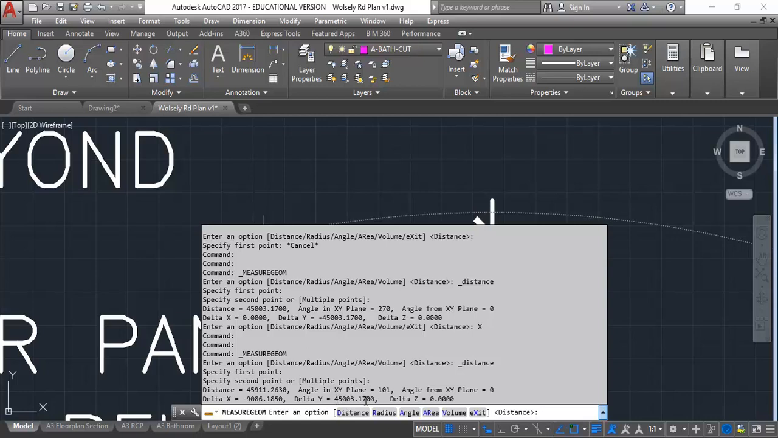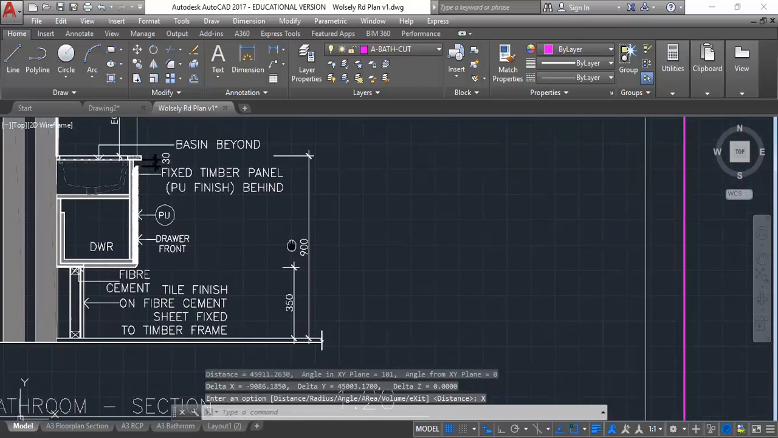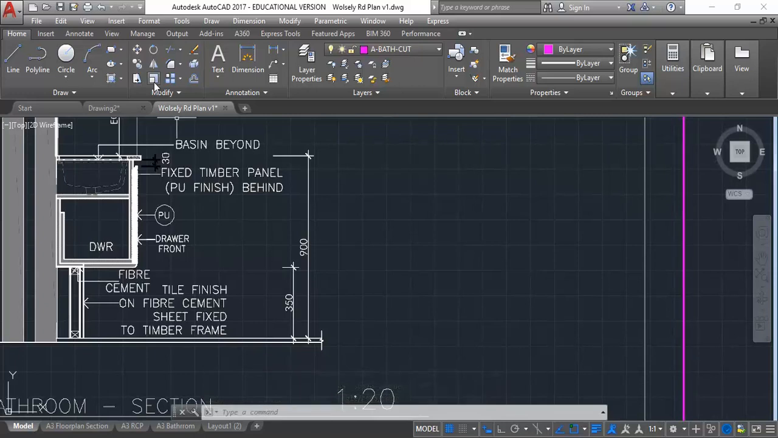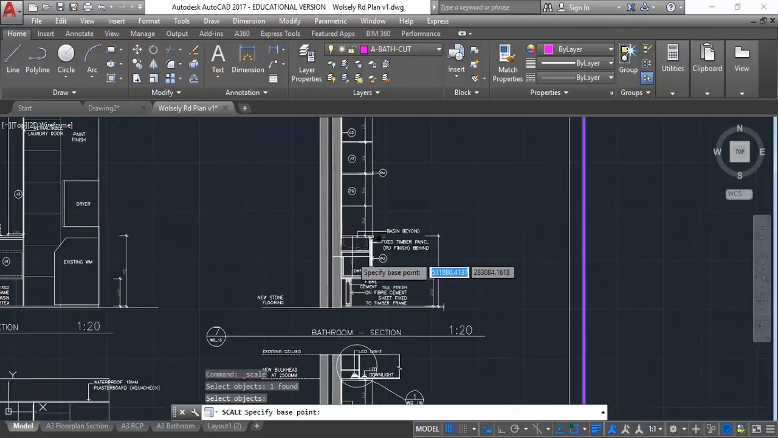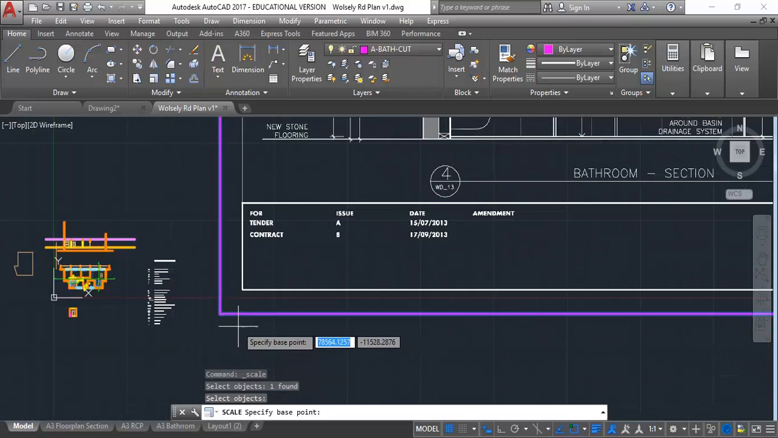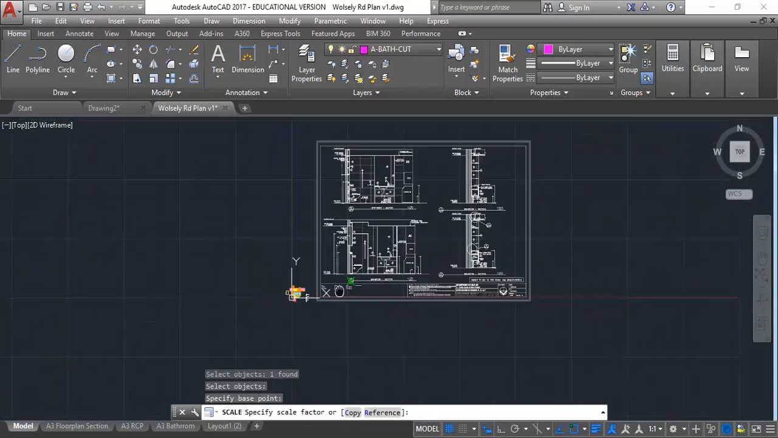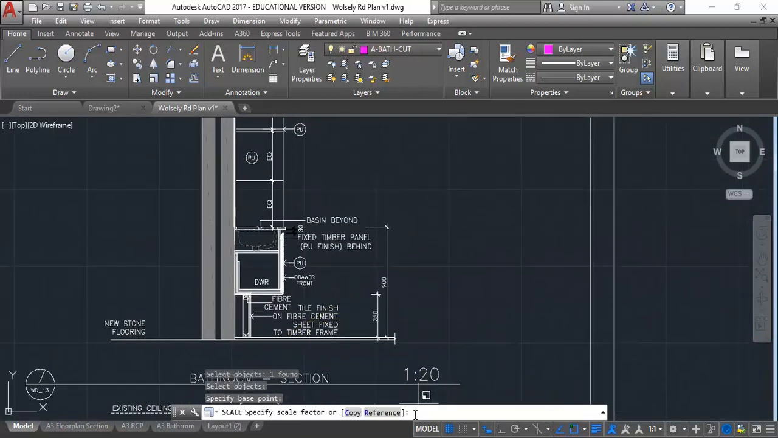So 45003 is the size it is in AutoCAD. It should be 900, but it's 45 metres. So using the scale button now, I click on the edge of the drawing to select it, and then enter, and then when it asks for the base point, I can choose a point like the bottom left corner, usually is good. And then when it asks for the scale factor, type in 900